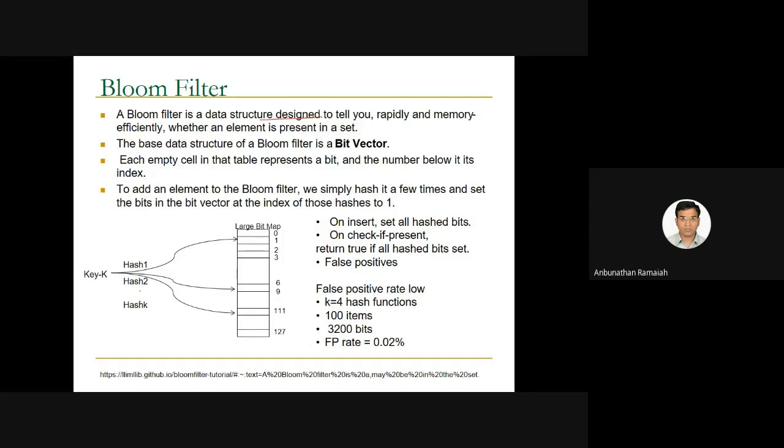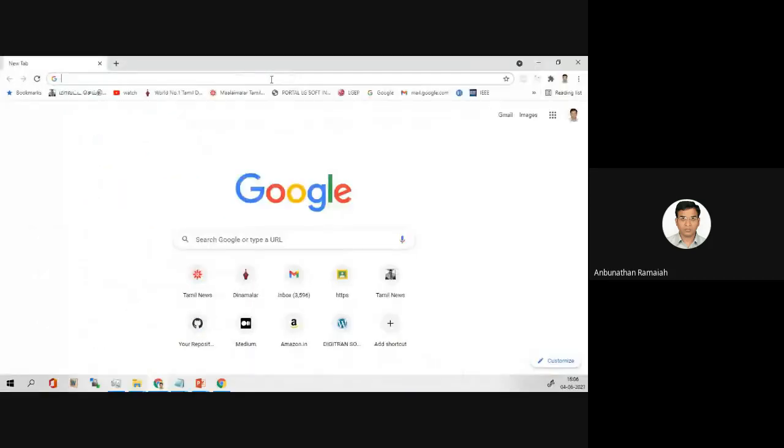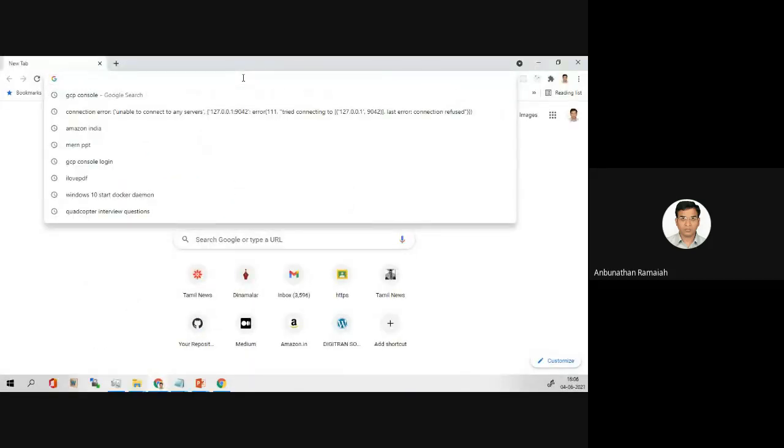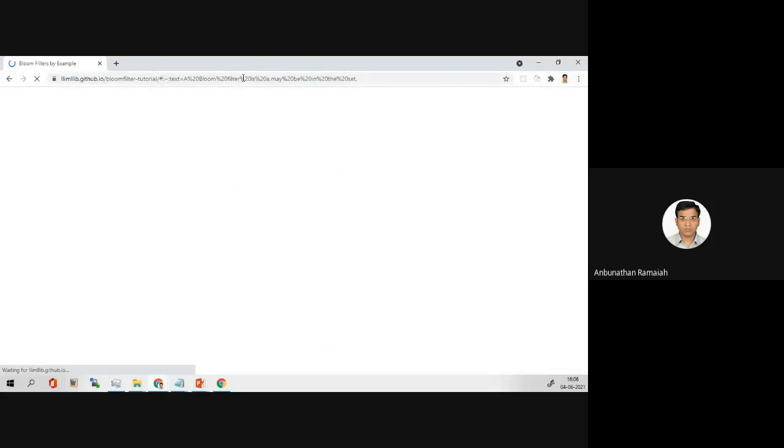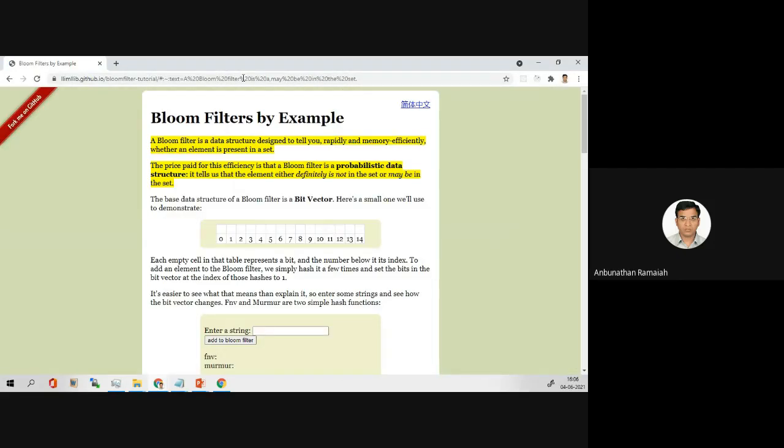Let me open this website and I'll show you the demo of the Bloom filter. This is Bloom Filters by Example. A Bloom filter is a data structure designed to tell you rapidly and memory efficiently whether an element is present in a set.